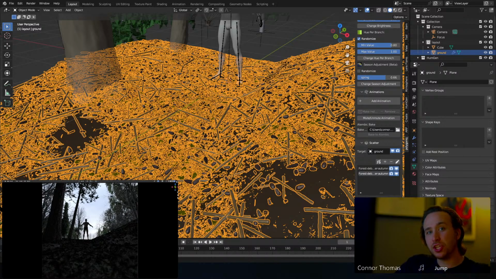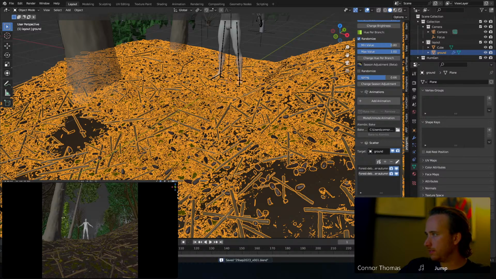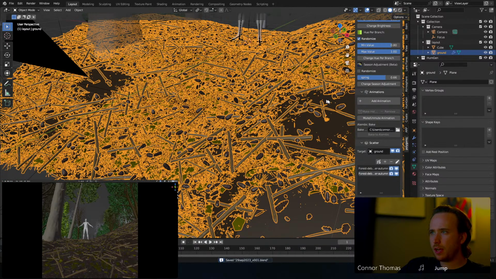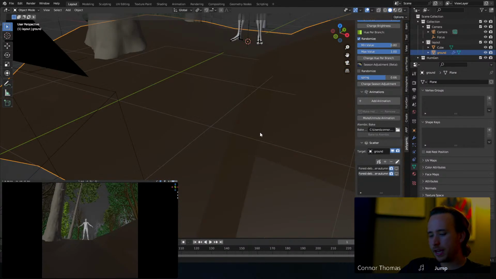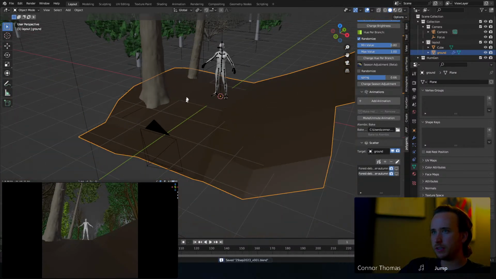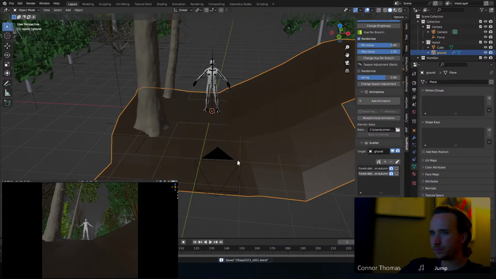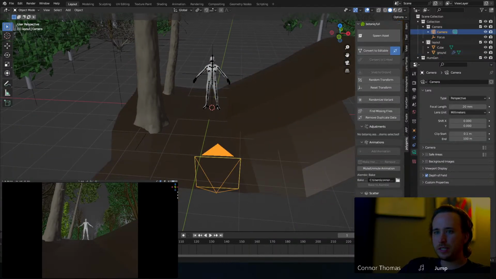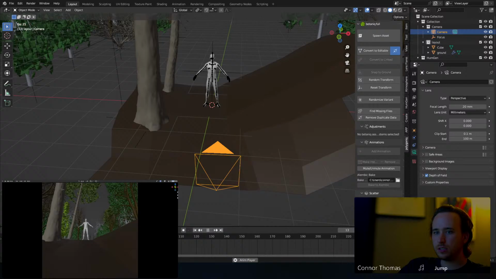And I might add some glowing eyes. Is that a little campy? I don't know. Okay, so I'm going to hide my particle systems now. I don't need those as we're moving forward. The ground is kind of finished here. Ooh, what if we did an animation though? It's like,